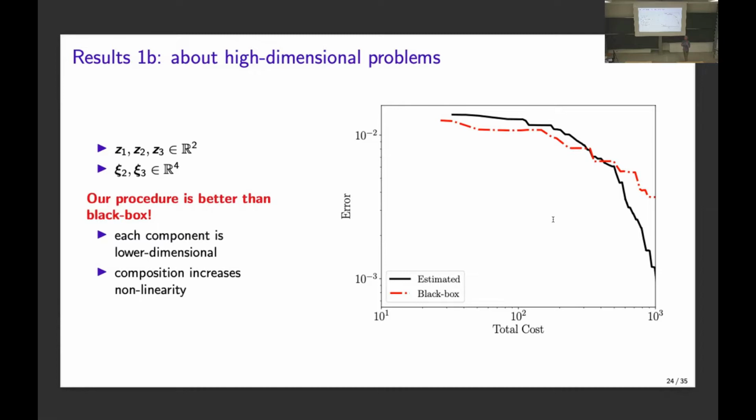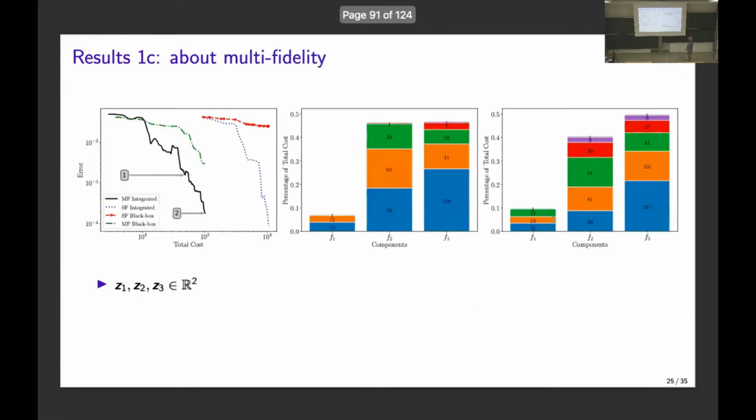Model 1 outputs, model 2 outputs, model 3, the whole thing is a composition of 3 things. If each thing is, I don't know, quadratic, the whole thing is 6th power. And that's more non-linear than each piece, right? So in principle, it pays off to approximate each component separately.